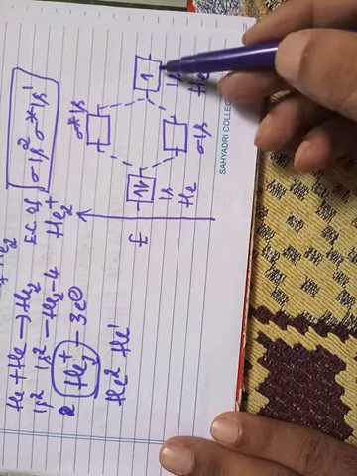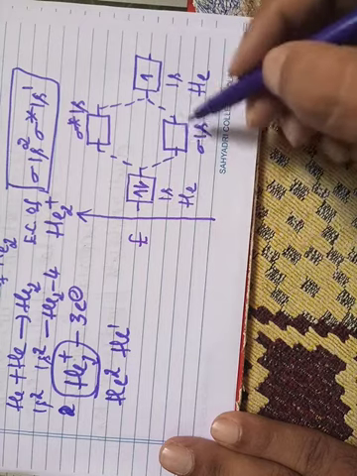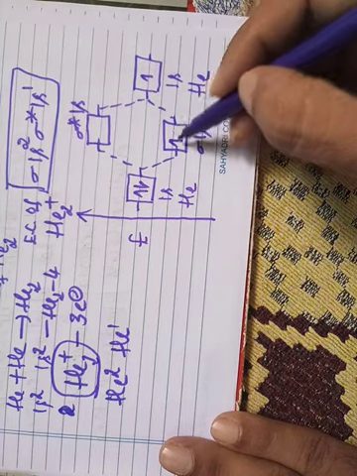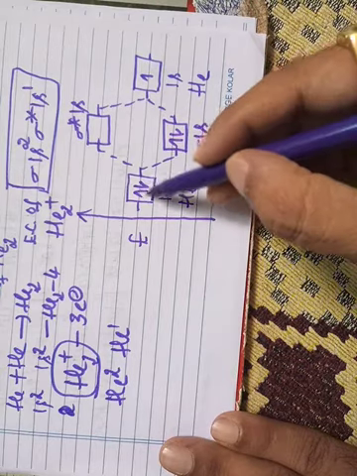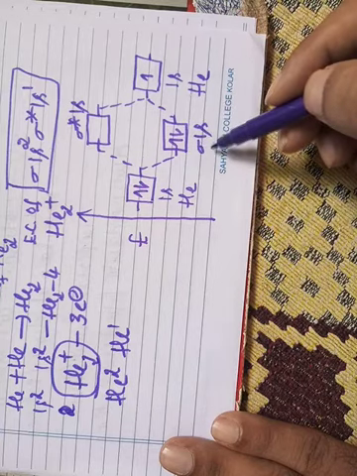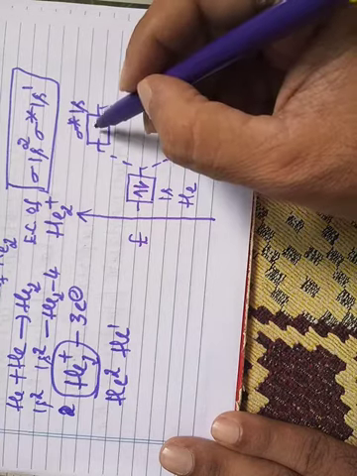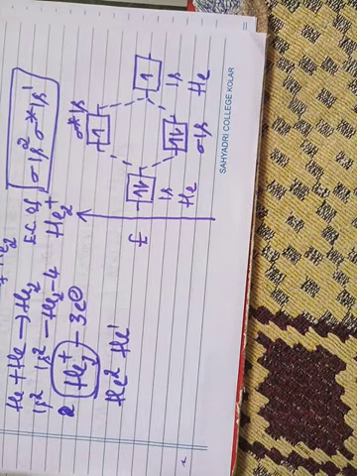So here there are three electrons. Out of these three electrons, two electrons will occupy the sigma 1s orbital, and the remaining third electron will occupy the higher energy sigma star 1s orbital.